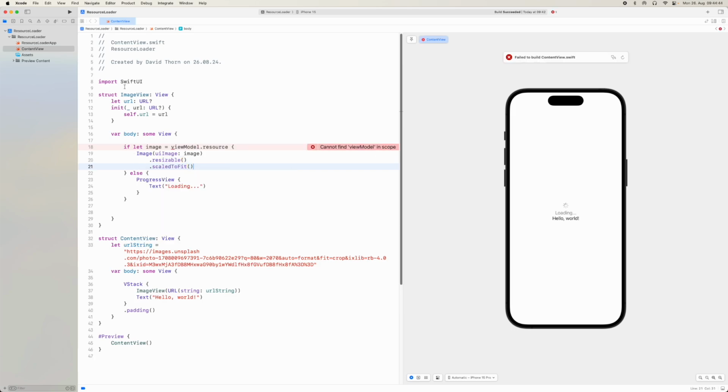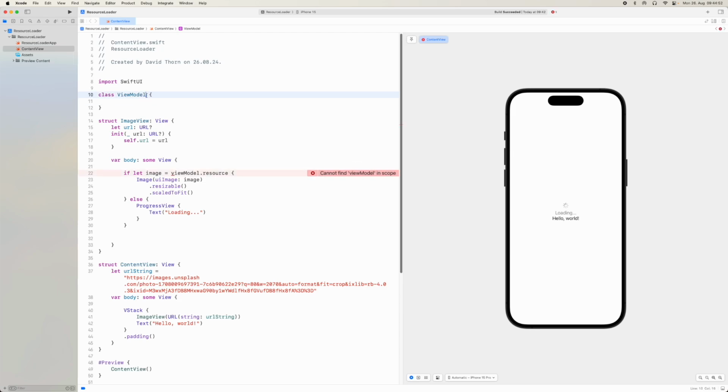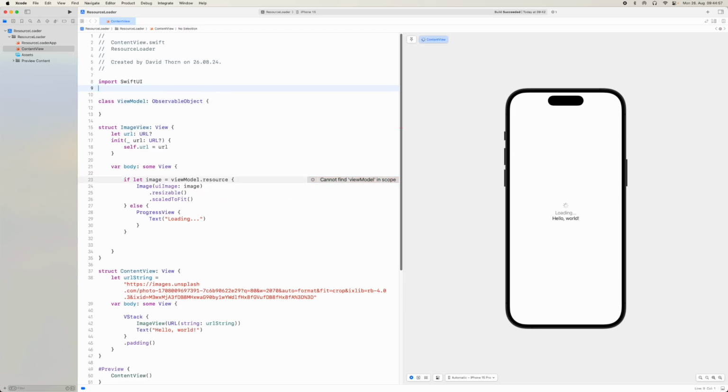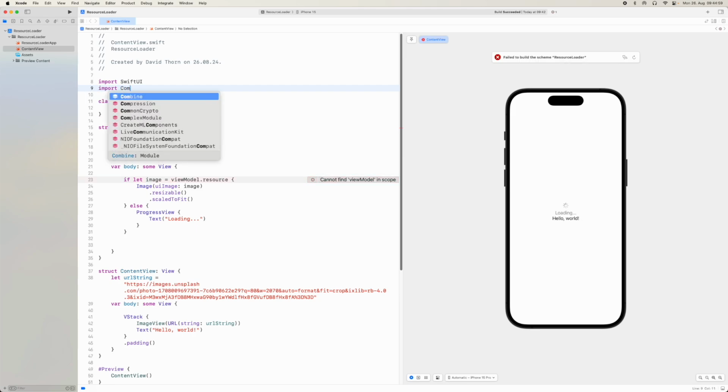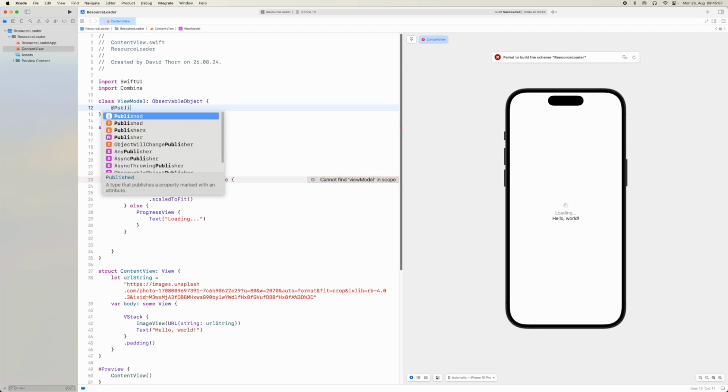Now we have a problem, we don't have a view model, so let's just come here and create our view model. This view model is going to want to be an observable object, because we're going to want to put it as a state object as well, and at one point we're going to need combine, so we'll just use it now. The resource that we're looking at is obviously this resource here, so we can come here and already say